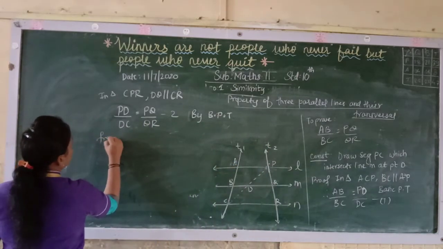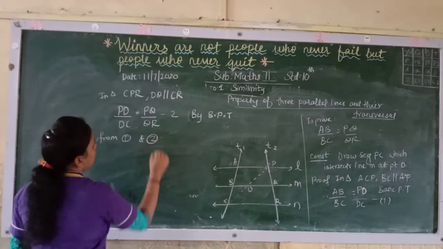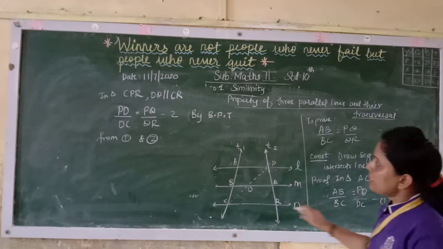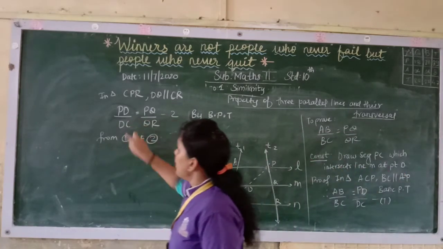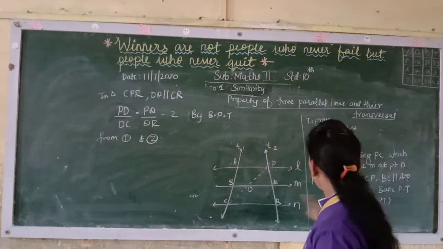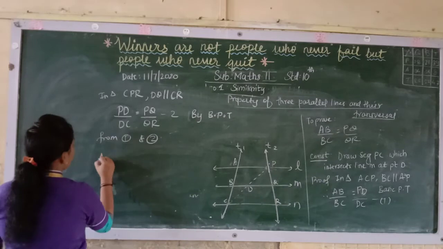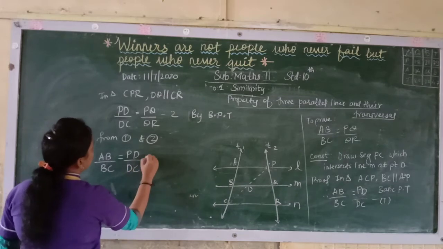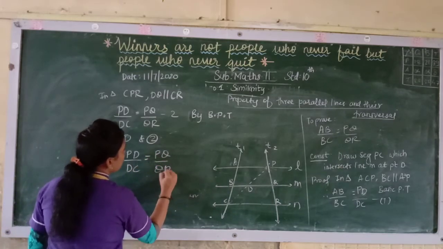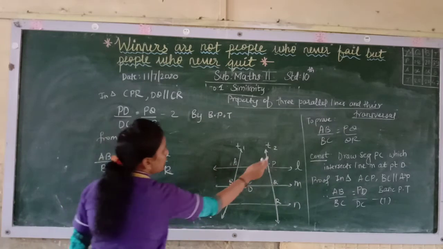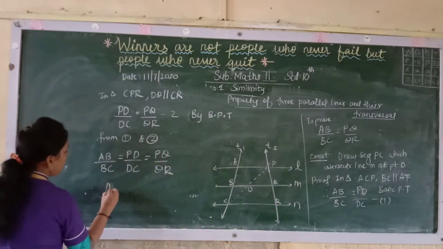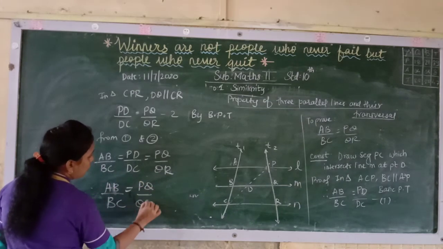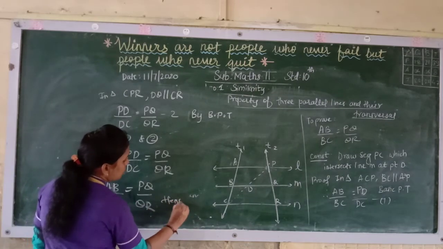Now from 1 and 2, see here it is PD upon DC and here also it is PD upon DC. As these two are equal, all the ratios will come equal. So you will get AB upon BC is equal to PD upon DC is equal to PQ upon QR, and what you wanted, AB upon BC is equal to PQ upon QR. Hence